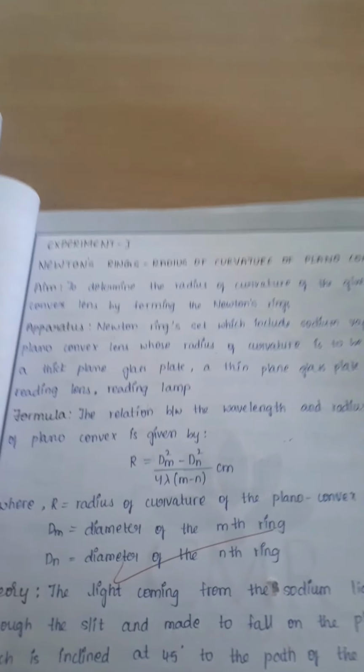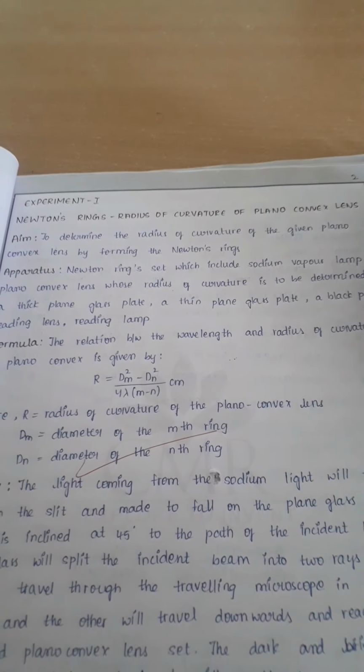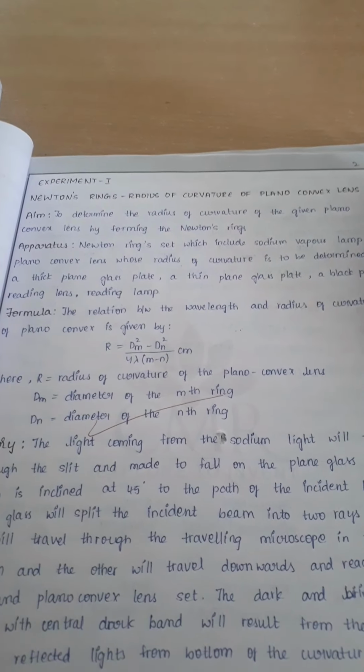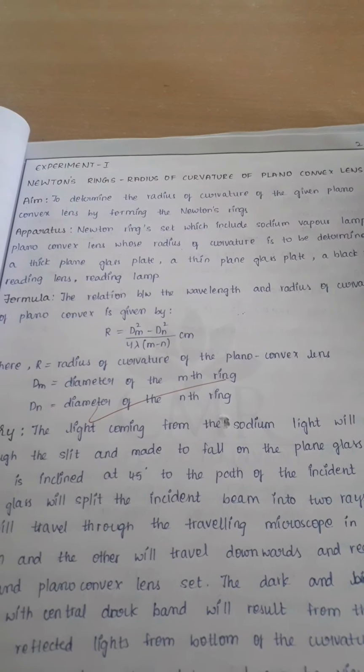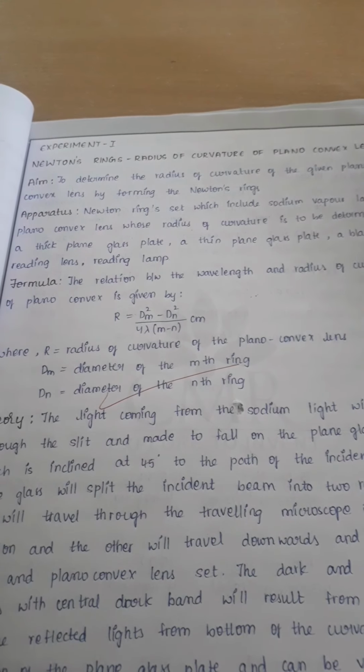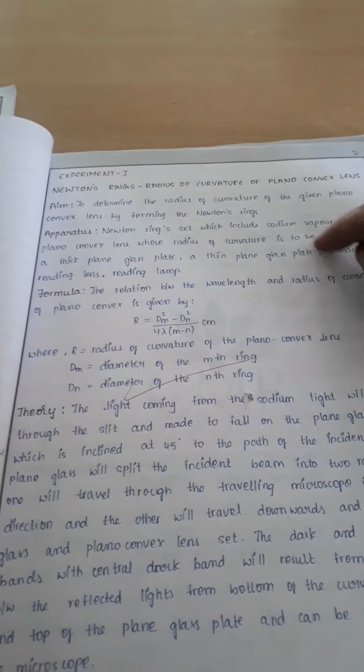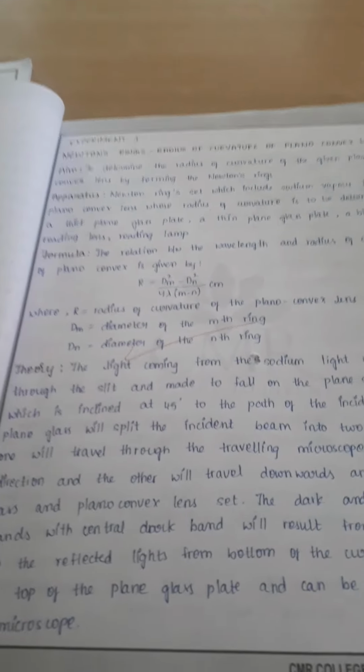Okay. So after this, the second one is apparatus. Now what are you supposed to write in the apparatus? In the apparatus, you write all the apparatus or equipment required for doing this particular experiment. Okay. After this, next comes your formula, or formulae, depending on your experiment.